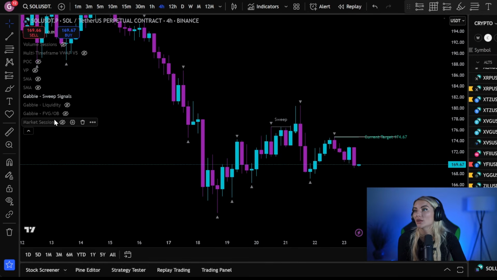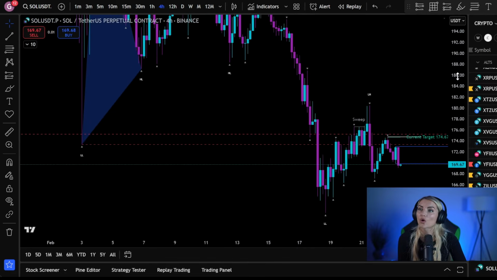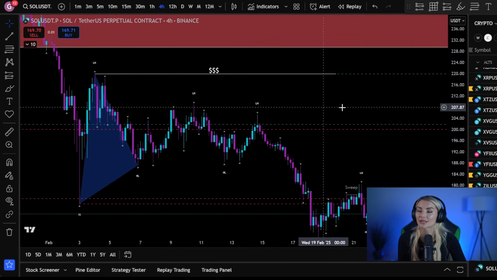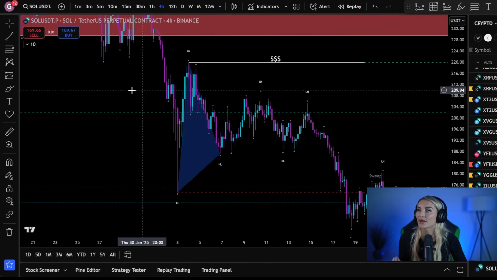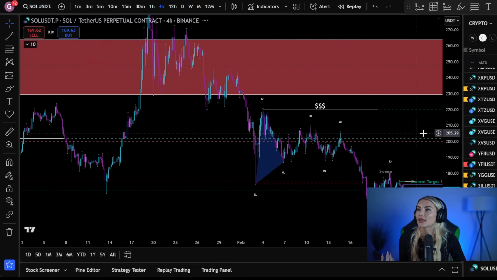Now, moving on, we have the third indicator, which is the liquidity indicator, which is also going to show you support and resistance areas on the chart. This is one of my favorite indicators, and all together combined, they draw this picture for you on the chart. When you have all these three indicators, you don't need to have them all opened at the same time on the chart. But like you see, for example, here, I have my weekly